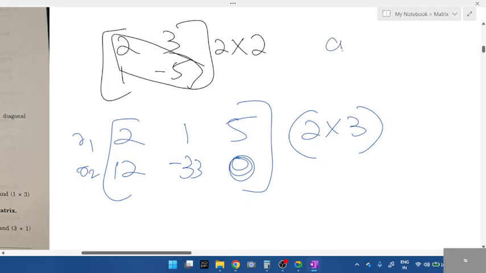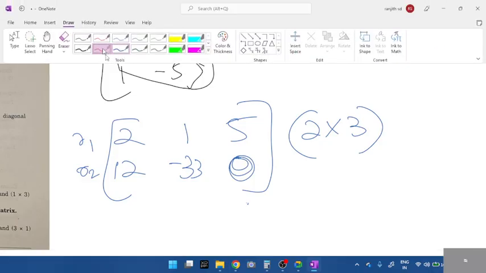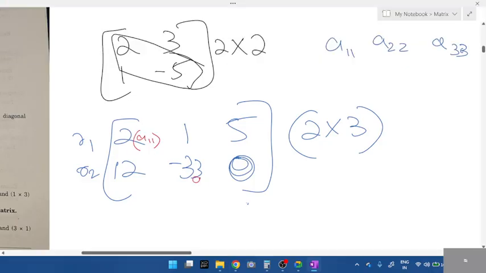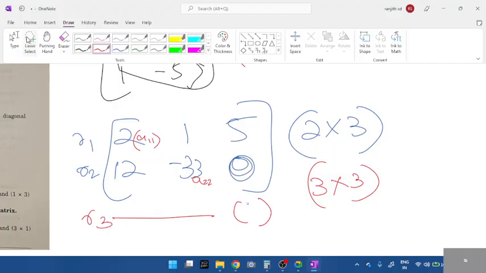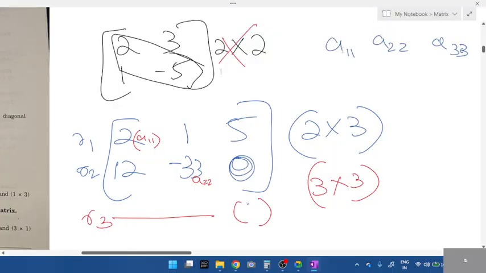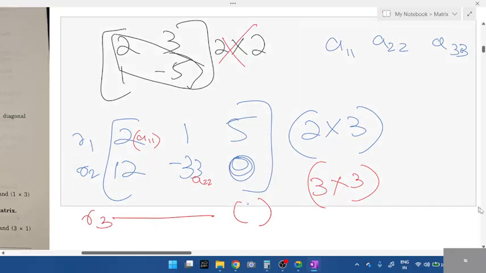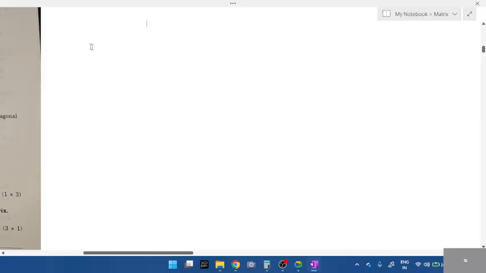What's the answer for the diagonal elements? A11, A22, and A33. See, we have A11, we have A22, but A33 is missing here. So in order to have A33, you should have had one more row, R3. If you had one more row R3, it would have been a 3 by 3 matrix. So the combination should be the same, 2 into 2, 3 into 3. Even 2 into 2, you don't get it otherwise, students. Remember, 3 into 3 diagonal elements. And also write the diagonal elements A11, A22, A33. Write the values, all of you, write the diagonal elements. Next concept.